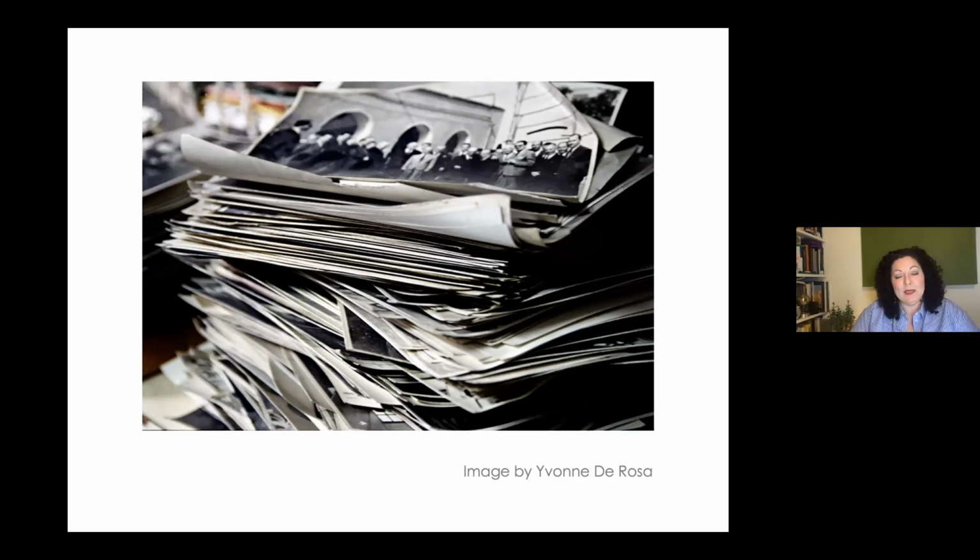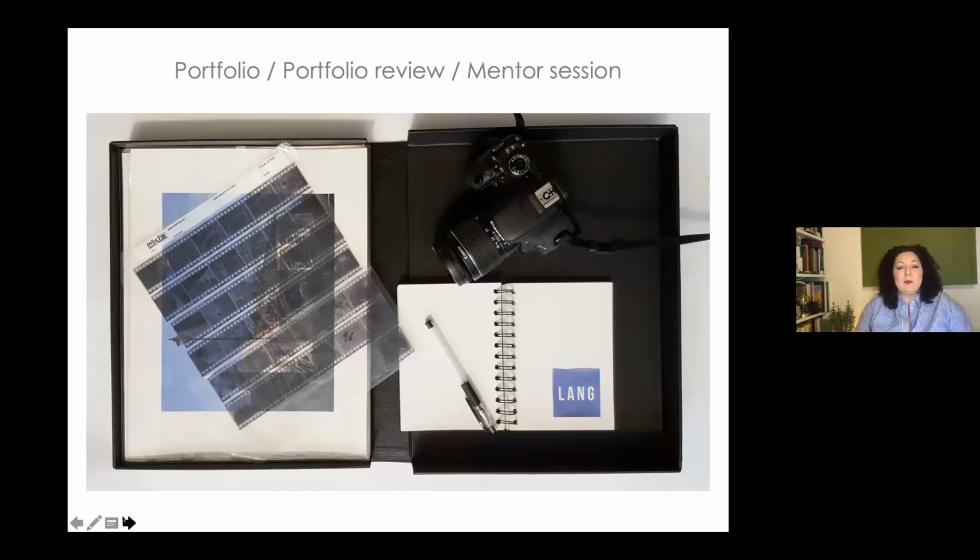So what I want to do is talk to you with some examples of artists and exhibitions. There are a lot of crossovers in all of the people I'm talking about in terms of their exhibiting, their books, all sorts of things, and in relation to those photographs and the choices that were made when those things were displayed or put together. So I'm going to start with portfolio reviews.